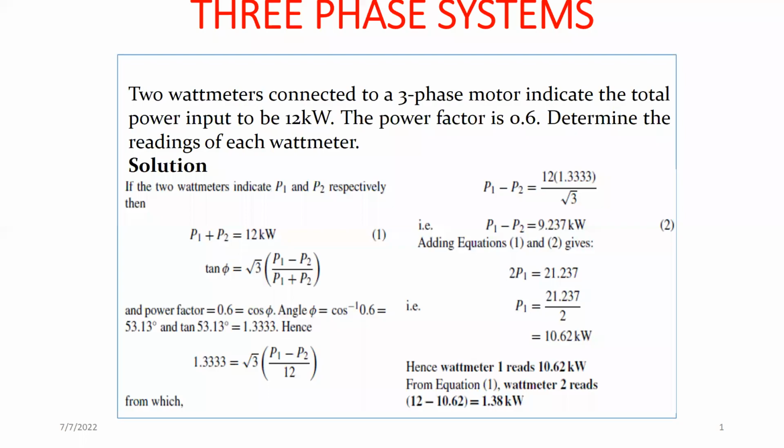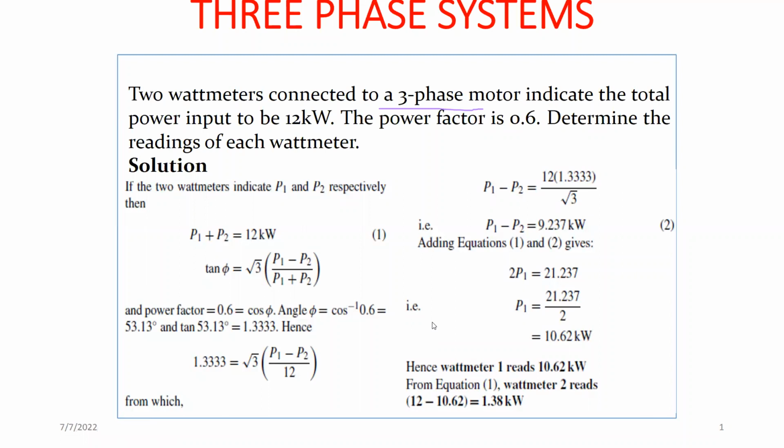In this video, we are going to discuss problem solving. We want to solve a problem on three-phase systems using the 2-wattmeter method to find the readings of each wattmeter. This is for balanced loads. So the question says, two wattmeters connected to a three-phase